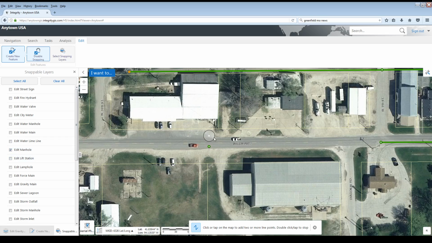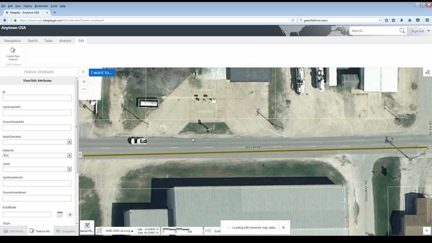You can see now I've got this snapping halo around my cursor, and notice how it jumps right to the manhole. Now when you're drawing a gravity main, a rule of thumb is always to draw it in the direction of flow. So obviously in this case it's going to be going from this manhole to this one. So we're going to start the line here. I click once and it literally snaps right to that manhole point, and it'll snap to this one. And to finish my gravity main, I'm going to double click,